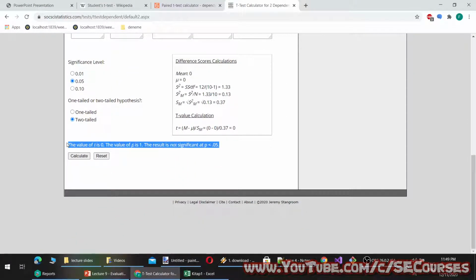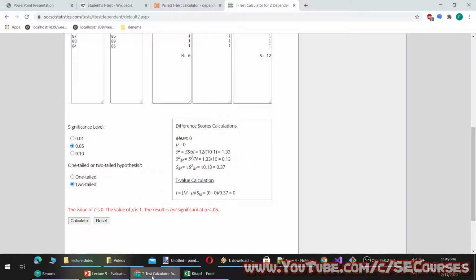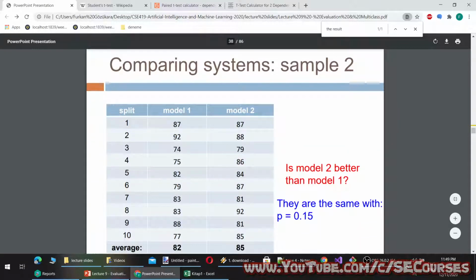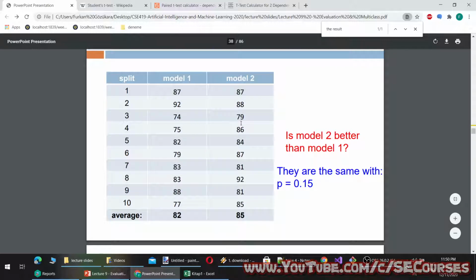Yes, true. The value of t is 0, the value of p is 1, the result is not significant. So in this example, they are the same. The first algorithm and the second algorithm perform the same. Okay. So in the second example, the first algorithm and second algorithm,